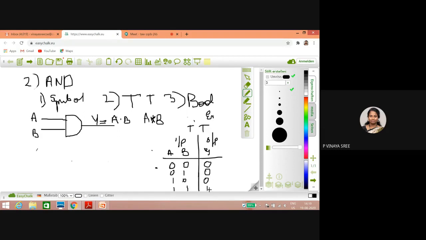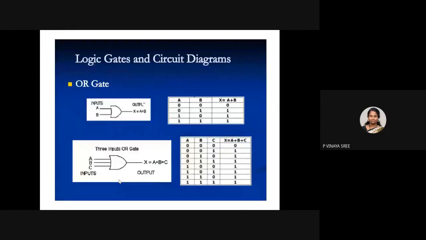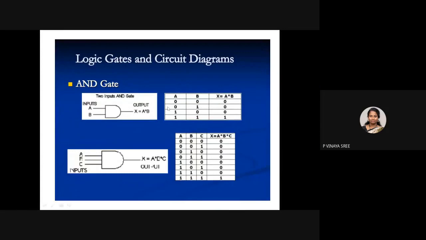Now one more question: if there are 2 inputs it is okay, but what if I want to add one more input, or more than 2 inputs? Let me show this with an example so that you can understand. See here, the AND gate, the same AND gate we discussed now. It also represents the inputs as A and B. Here the output is selected as X instead of Y. So X equals A into B. So you got this answer.